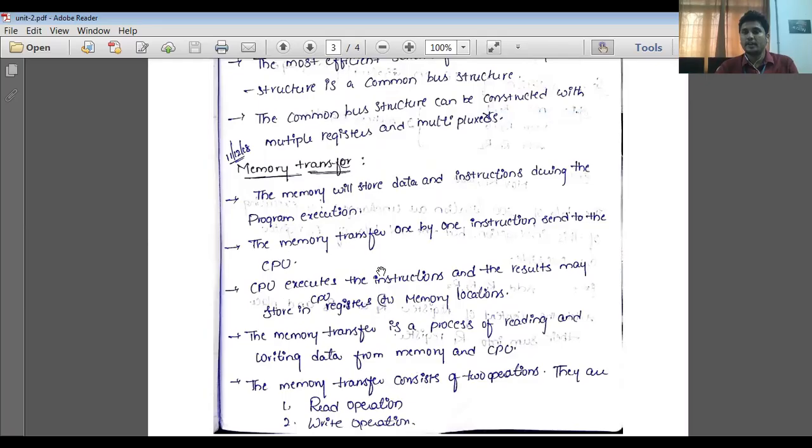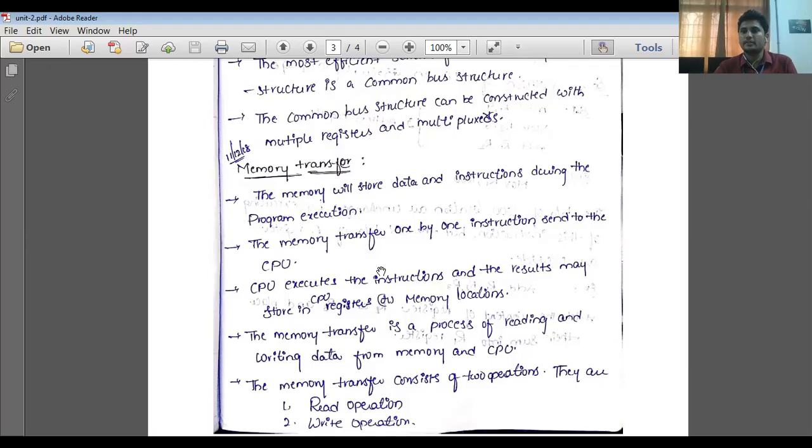If the program is stored in the secondary memory, from secondary memory the data moves to primary memory. From there, data moves to the processor, nothing but the ALU, for execution purposes. If data is not available in the secondary memory and you need input, the input is taken from input devices like keyboard, mouse, or scanner, whatever it may be. So data is transferred from either secondary memory or from the input device. That is the initial step.